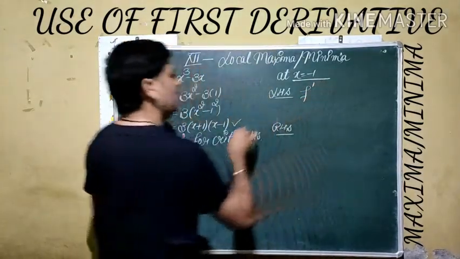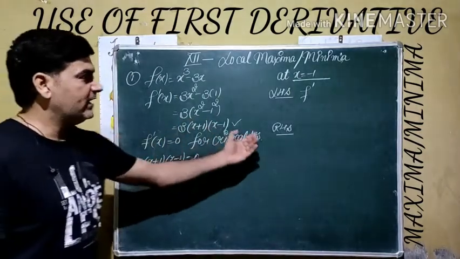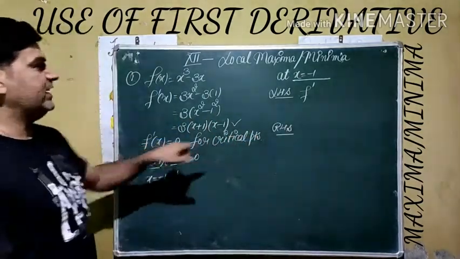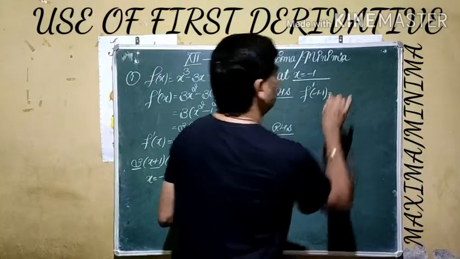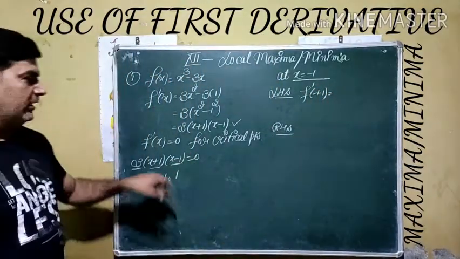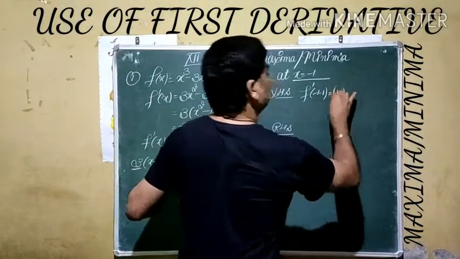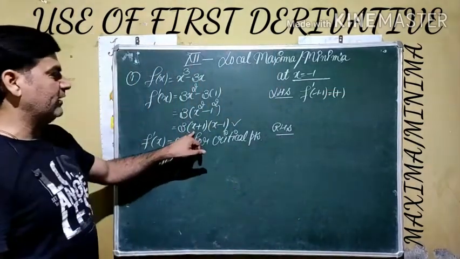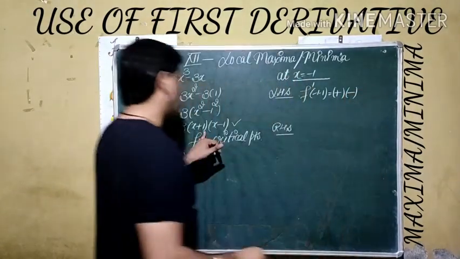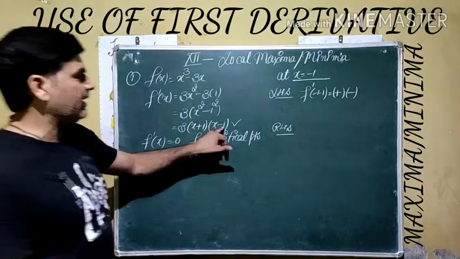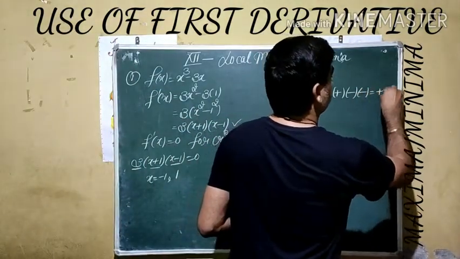We are testing here values less than minus 1. Left side means less than, right side means more than. So we are testing less than minus 1, we take minus 1.1. We just have to put the value and give the sign only. 3 is always positive, so plus sign. If we use minus 1.1 plus 1, it becomes minus 0.1, negative. If we replace minus 1.1 minus 1, it is minus 2.1, so overall the sign becomes positive.